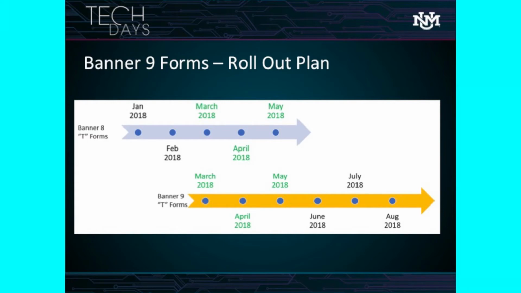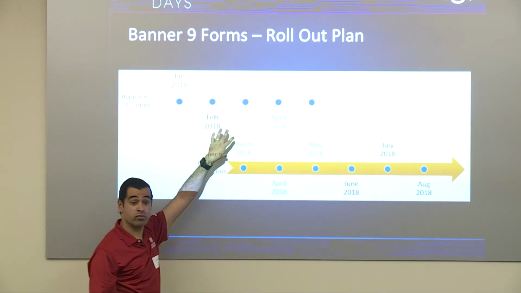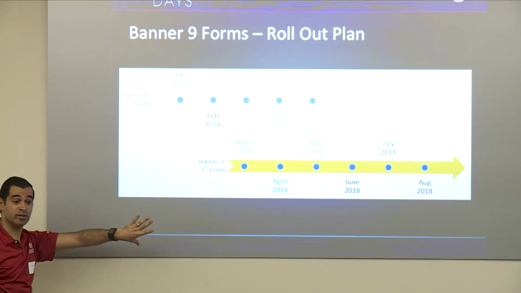This is how we are rolling out the modules. As Dwayne mentioned earlier today, we're not doing any harm to any office on campus. So we will have Banner 8 up and running. Once we are deploying Banner 9, we'll keep Banner 8 up and running side by side until we demise it